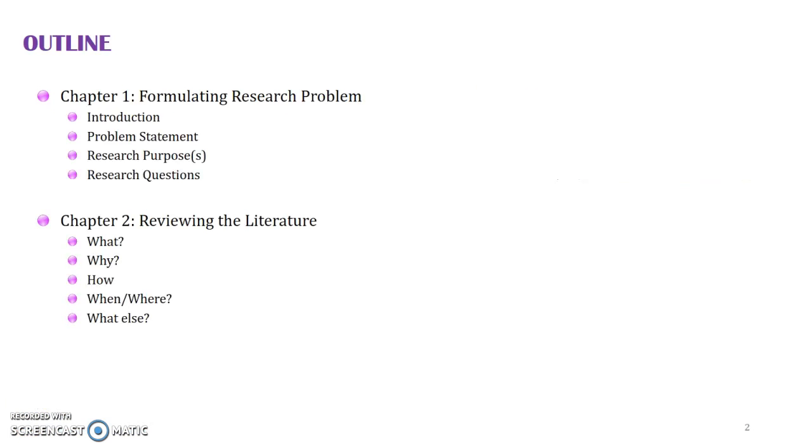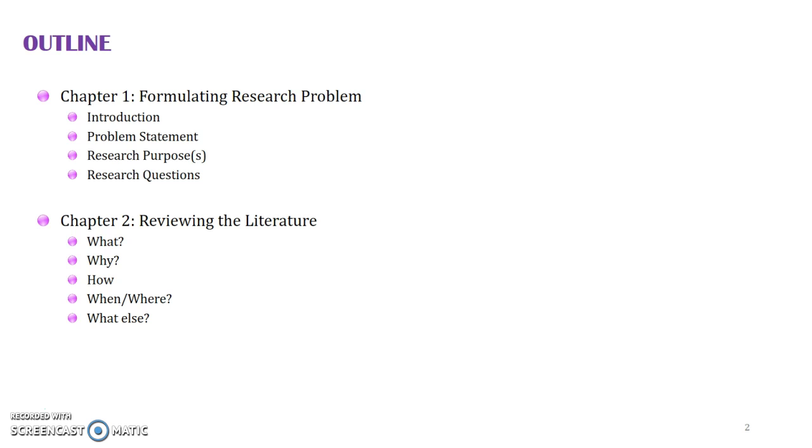So chapter 1 is an introduction chapter where you provide some background of your research and decide on what is the problem. You look at the gap. What is the gap in the literature? What's missing? Why is the problem that you mention really significant, and who cares about it? And then from that, you come up with your research purposes or